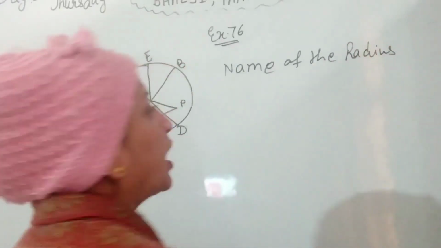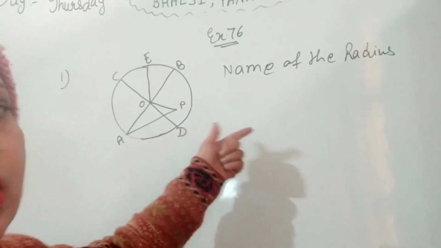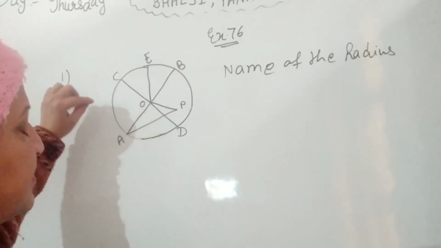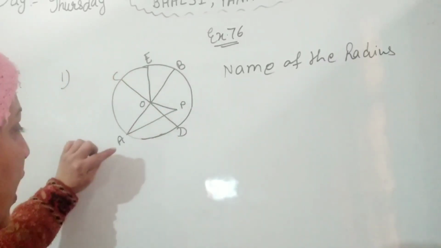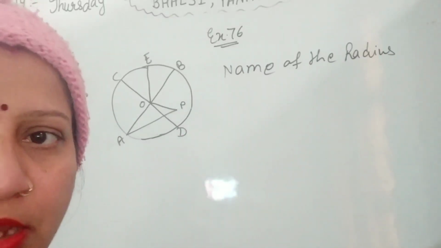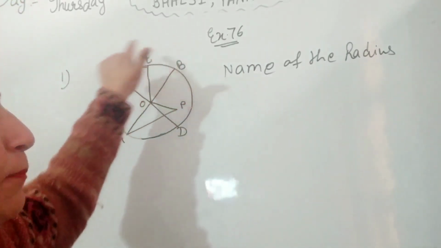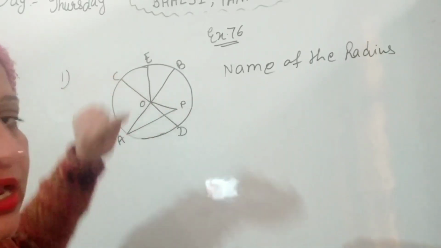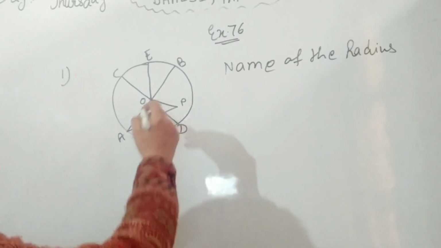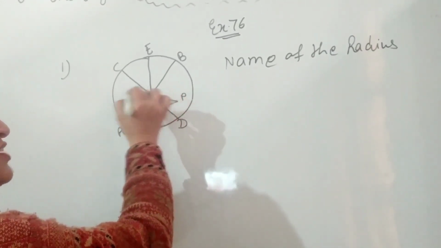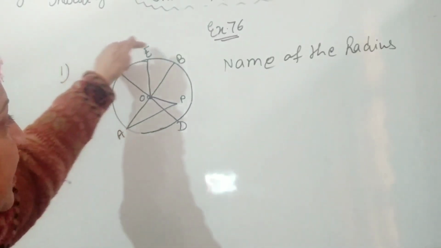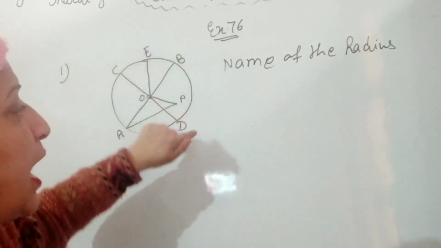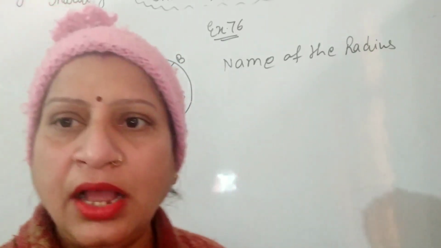So first of all, again I explain what the radius is. Radius is the constant distance from a fixed point to any point which is on the circle, that is, any point on the boundary of the circle, its distance from the center of the circle. Now in this figure you see that your fixed point is O, and on the circle boundary there are A, C, E, D and B. These points are on the circle.